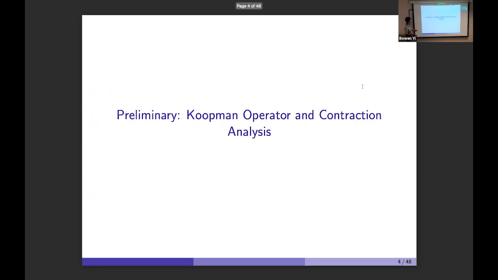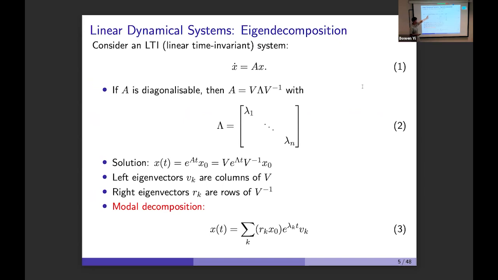The Koopman operator is an extension of the eigendecomposition of a linear system. In linear system theory, we know for a linear time invariant system of the form x dot equal to Ax, in the very simple case that matrix A is diagonalizable, we can decompose A with the eigenvalues from λ1 to λn. So the solution of this system is given by the modal decomposition with the modes from λ1 to λn,